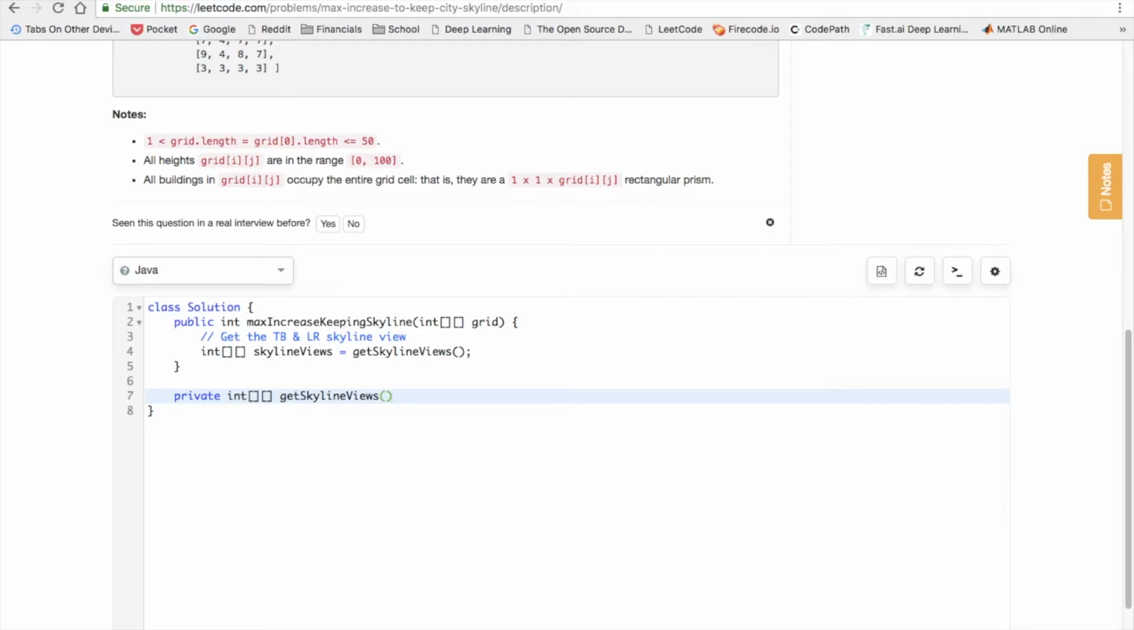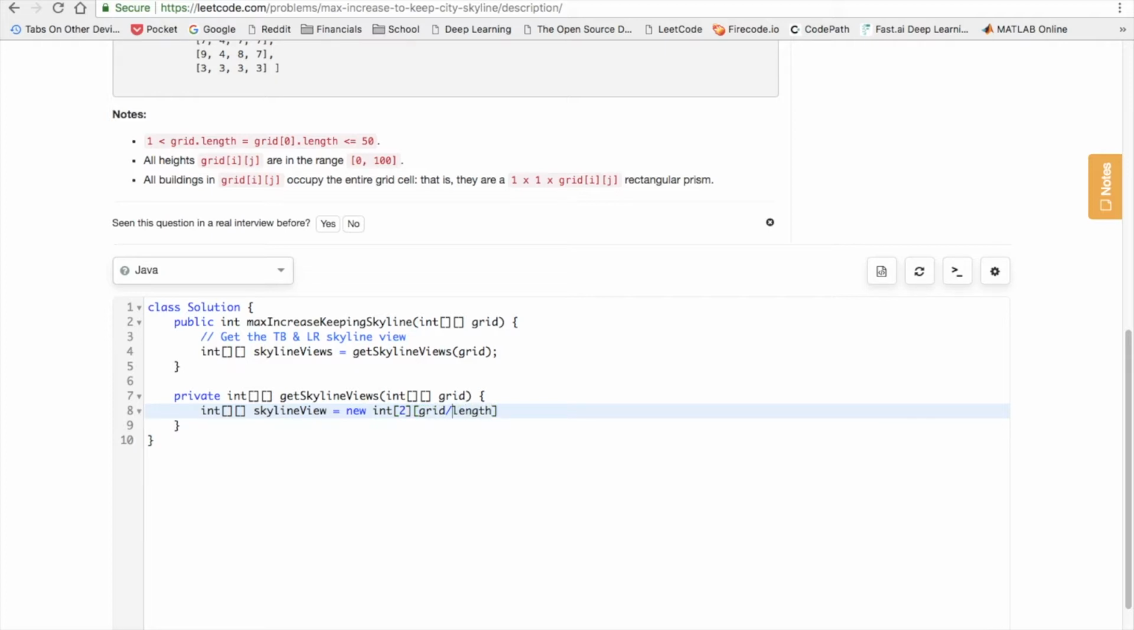Get skyline views. With this, we'll pass in the grid. So we'll take in an integer array, a 2D array called grid. And let's initialize the thing we want to return. Let's just say skyline view is equal to a new int, and the size is going to be 2 rows, and it's going to be grid.length columns,